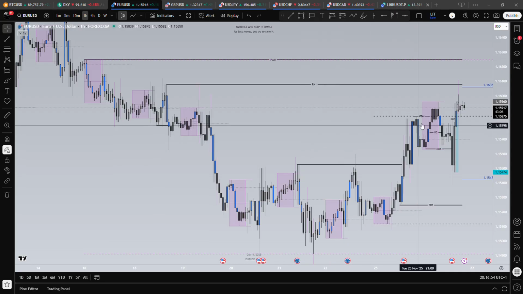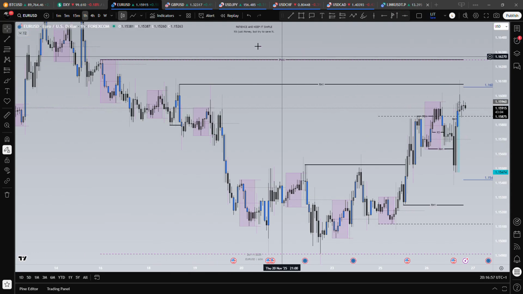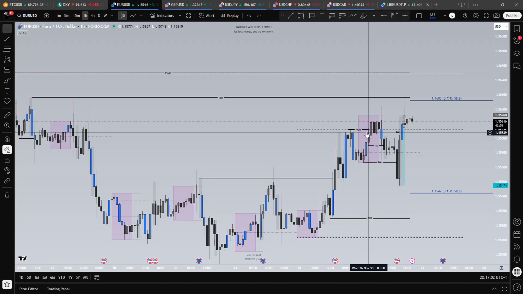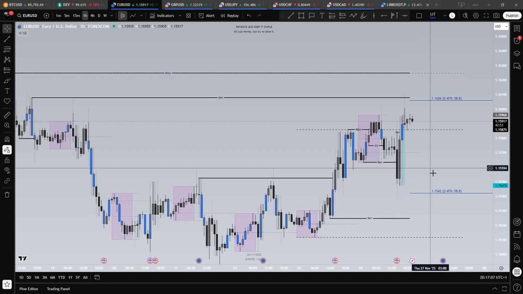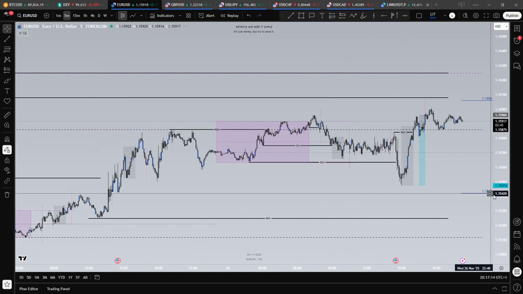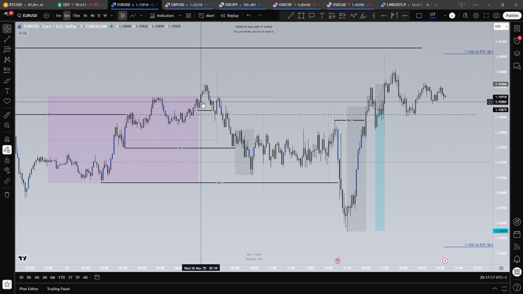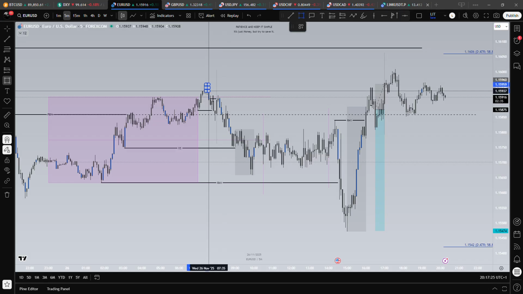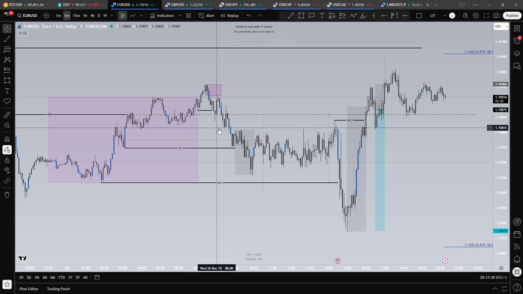So we had a lot of liquidity to the upside, and here to the downside we had something too, but as we moved into a range, we had the previous daily high and then the round liquidity on H1 to the downside. And then here we have a round liquidity in H1 that was the high that broke this. I was looking for sells up here, but the break was out of timing and I don't really like to trade it. We had a proper mitigation here, but as I said, no trade for me.